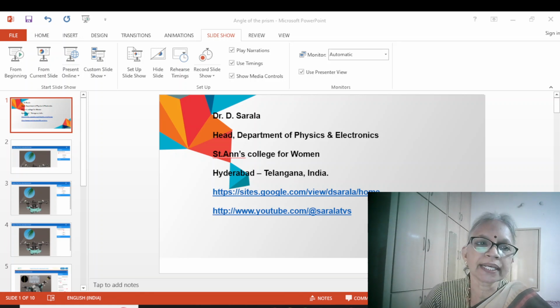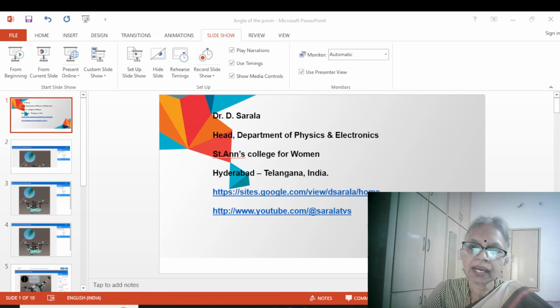So before we start the experiment, let us see that if a light is falling on a plane surface, it is completely reflected, and from the laws of reflection, the angle of incidence is equal to the angle of reflection. So in this experiment, what we are using is a prism. Prism is a material which has two surfaces which are rectangular and they are plane surfaces.